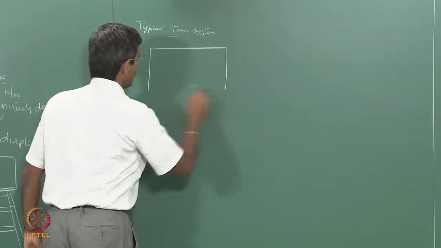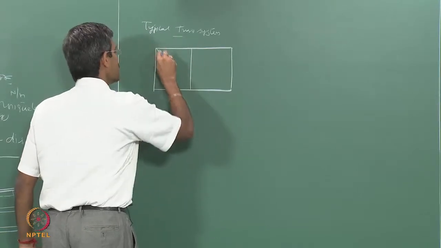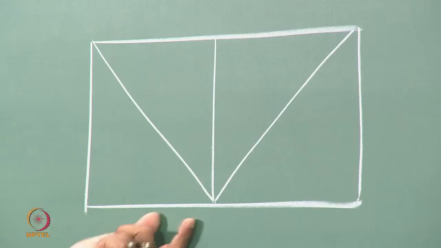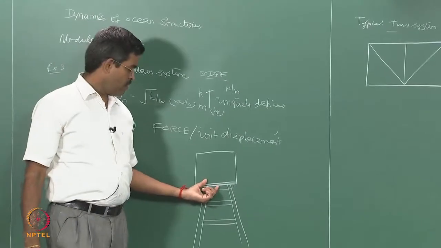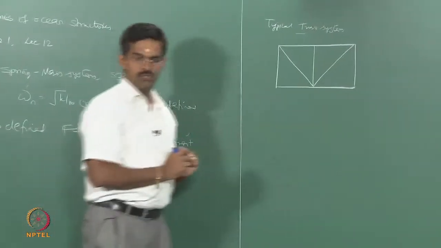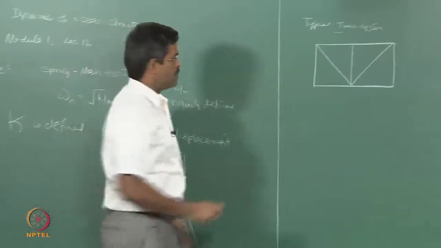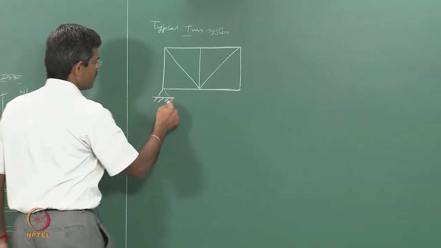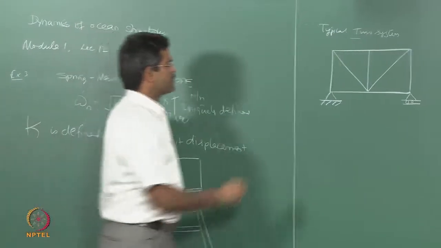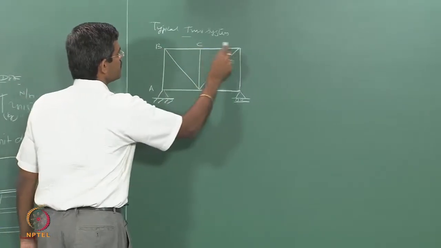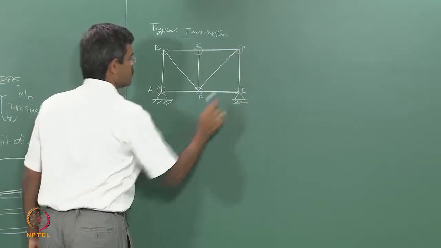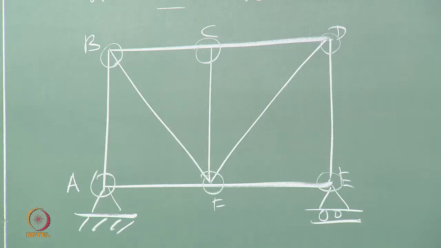Let us say I am marking a simple truss system like this. If you ask me what is the relevance of this truss system to this complicated truss system, which we cannot analyze now because it will take a lot of time, the same algorithm and principle can be used for that system as well. We will take a simple example. So, obviously, there will be a support system. My support system is given like this. We will name the joints, let us say A, B, C, D, E and F. These are all called joints or sometimes called nodes.